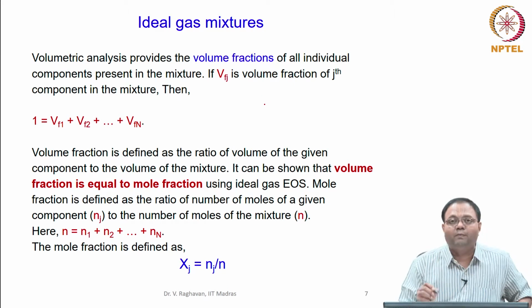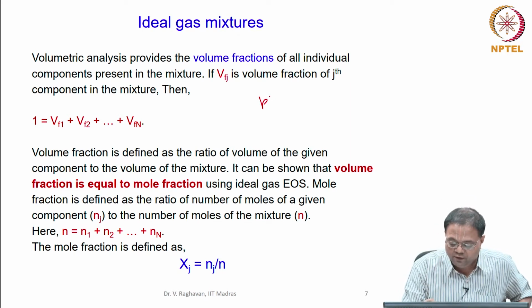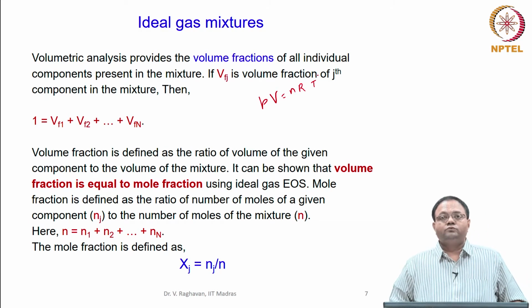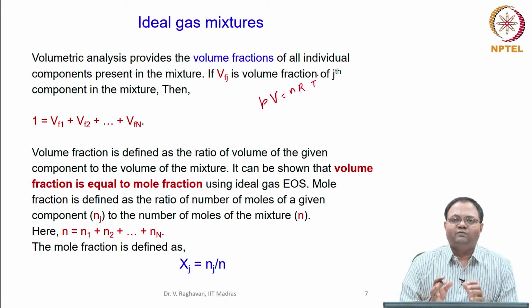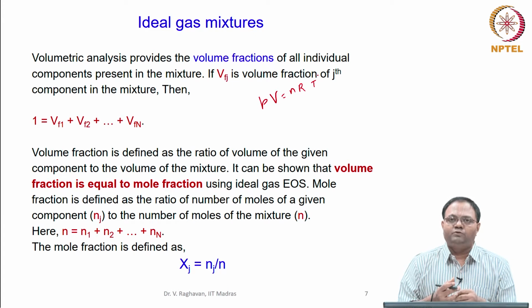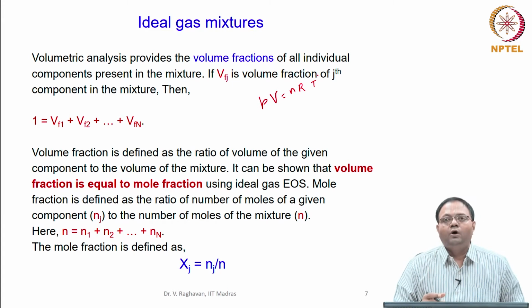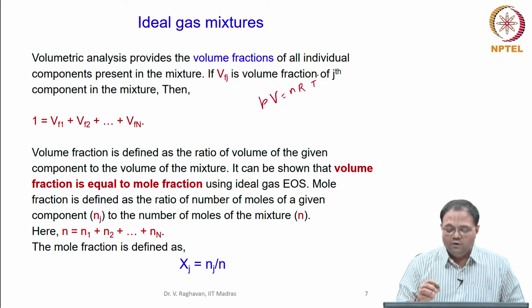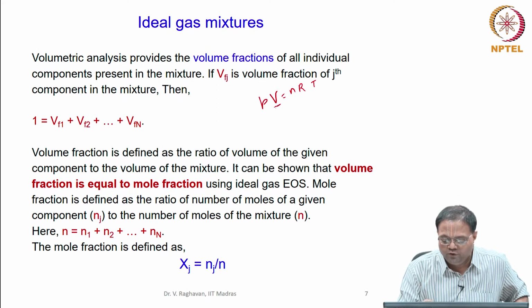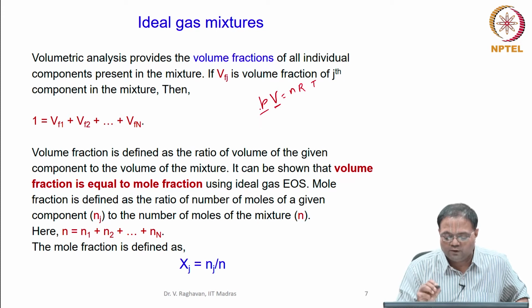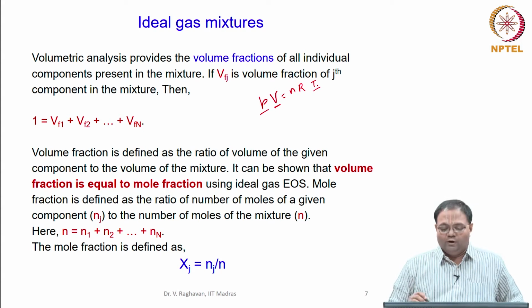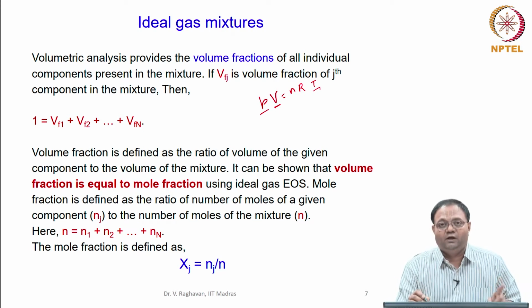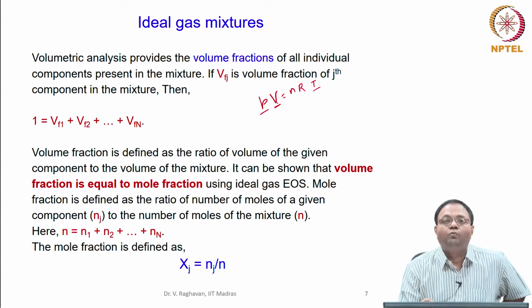When you conduct an experiment, for example, you have PV equal to nR_uT. Now I make a constant pressure device. Assume that we have a frictionless piston acting on a cylinder and try to inject the mixture into this, so that it occupies a volume V, and let the pressure be constant at P and temperature T for the mixture. When you maintain the pressure as P and temperature as T, you will know the volume occupied by the mixture.